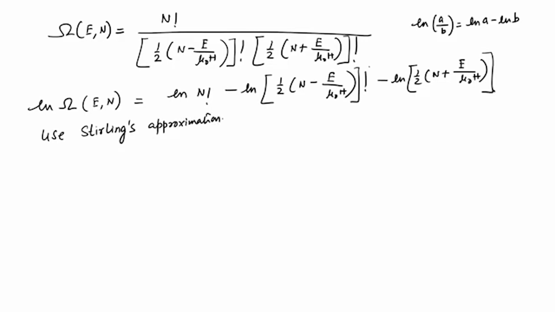To all the three terms, that is the first term on the right, second term and third term, all of these three terms will use that, and then we can write down with a little bit of algebra, this is equal to n log n minus n. Remember the formula, which is log of n factorial equals n log n minus n, and that is what is written here. And then the second term would be